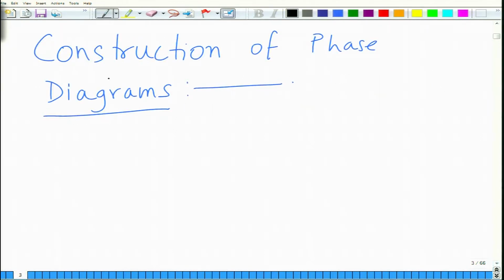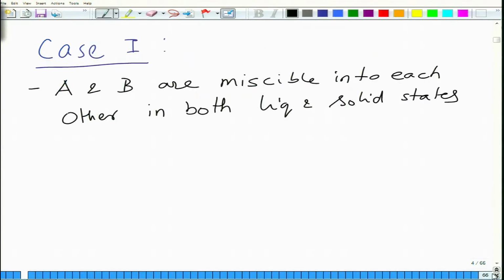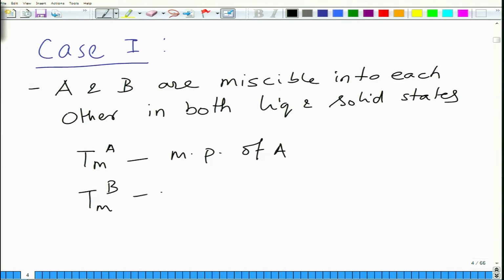So, basically when we say construction of phase diagram, right now we are looking only at binary. So, we are looking at binary AB kind of diagrams. Okay. And so, they are completely miscible into each other. Melting point of A is TMA and melting point of B is